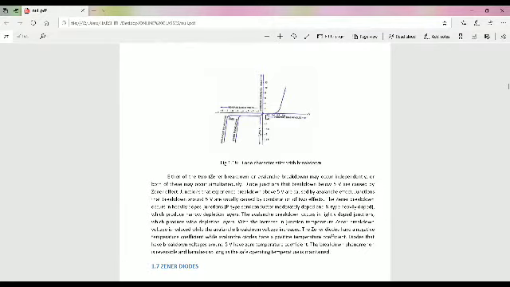Suppose the reverse voltage applied to a Zener diode is increased. Initially the current through it is very small. So this is in the third quadrant. This is the reverse bias characteristics, and this is the forward bias characteristics. In the forward biased condition, the PN diode and the Zener diode are almost equal. In the reverse biased condition, the Zener breakdown condition is there.